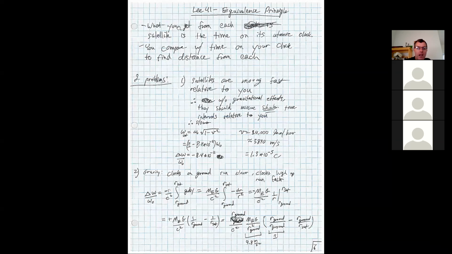Now, we're getting the time on that satellite, which is above us in the gravitational field, and its clock is running faster